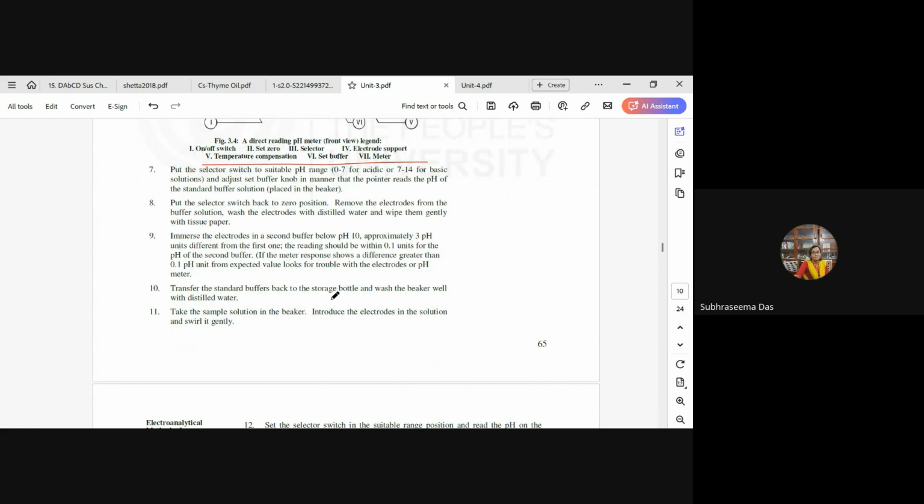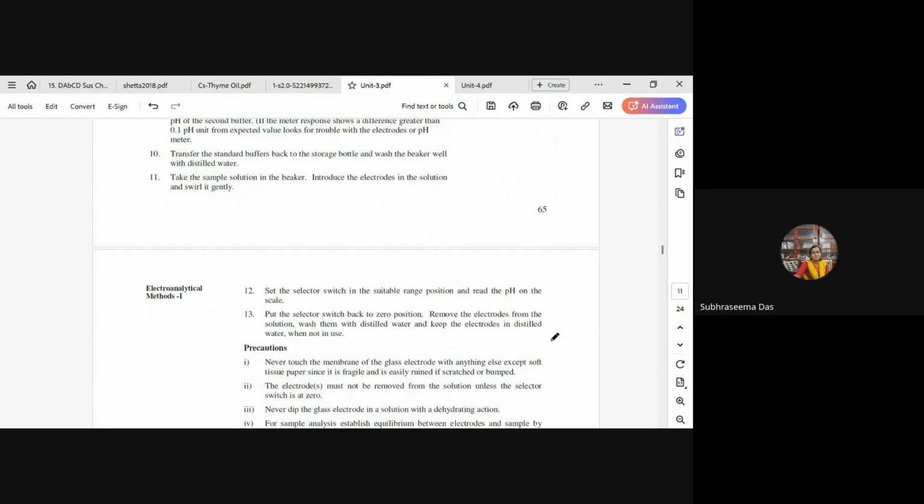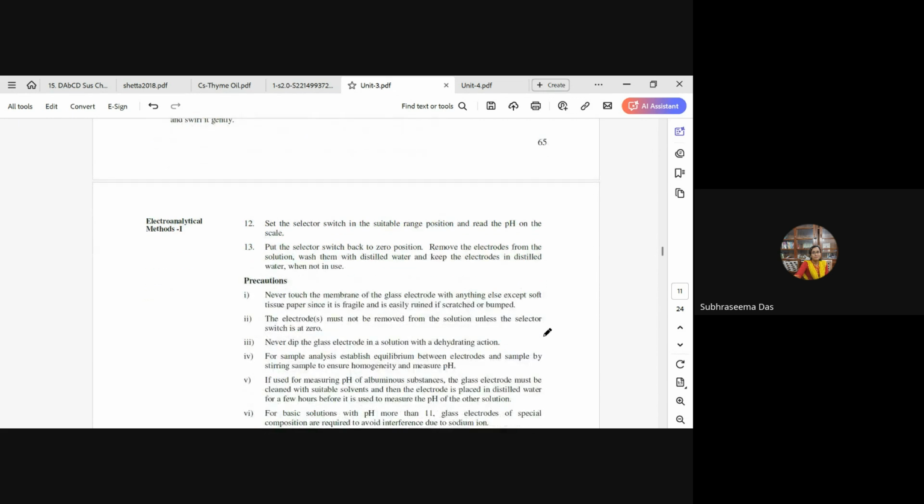Now we will take our unknown solution. After we take our unknown solution, we will dip the electrode into the solution and then slightly shake it. Since the solution is stirred, we will leave it as such, and then the pH will be displayed on the screen. After our reading is done, we will take out the solution, wash the electrode and gently wipe it